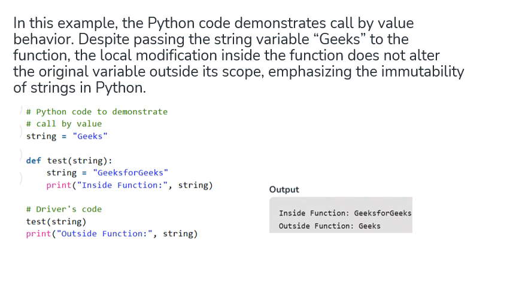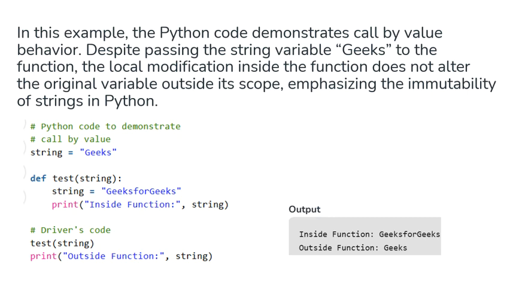Call by value example: string = "jigs"; def test(string): string = "jigs for jigs"; print("inside function", string). Then test(string), the calling of the function with the parameter string, and print("outside the function", string). So it will print inside function: jigs for jigs, outside the function: jigs. In this example,